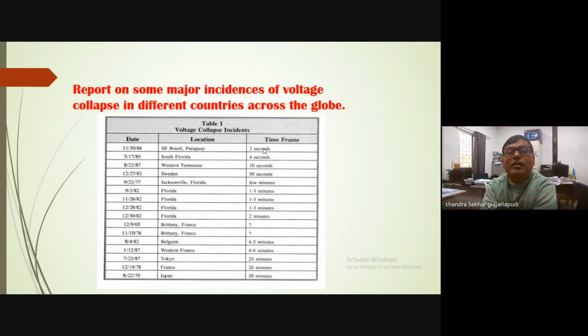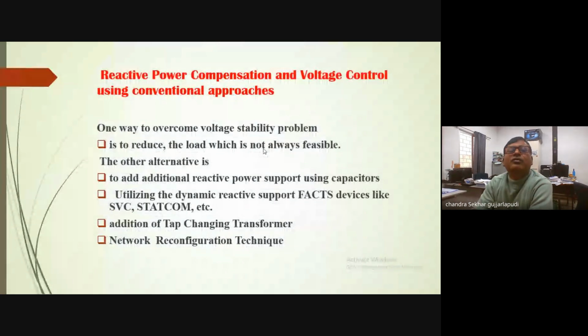So we have to have some correcting measure and some indicating measure, such that whenever a system is going to collapse, we have some information before that, and based on that information we take a correcting measure. So the main ways through which we can minimize or resolve these voltage stability issues